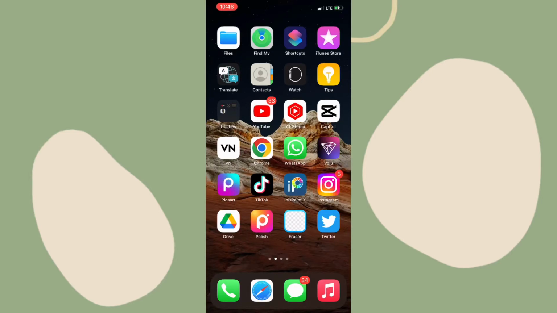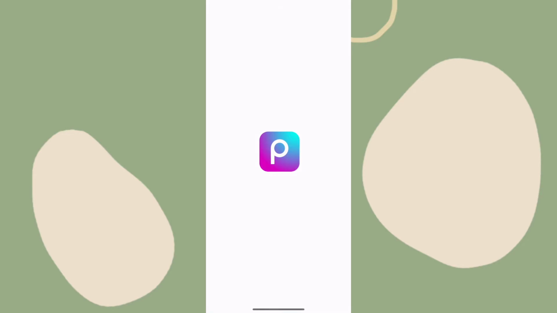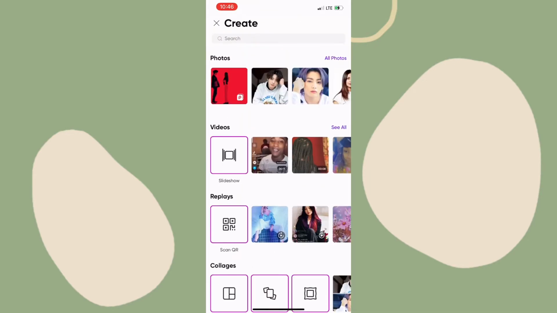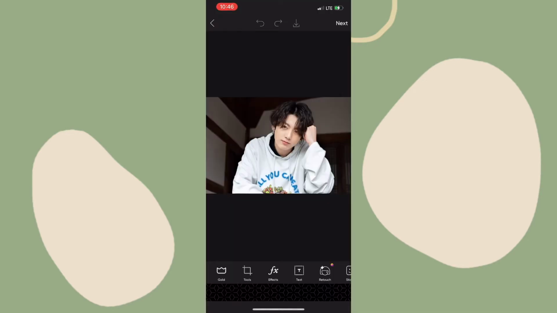So in today's video I'll be showing you guys how to do the left and right TikTok edit. So let's get started. First things first, you need to open PixArt and tap on the plus icon to add your image, and once you've added your image you need to scroll across to the right to select the